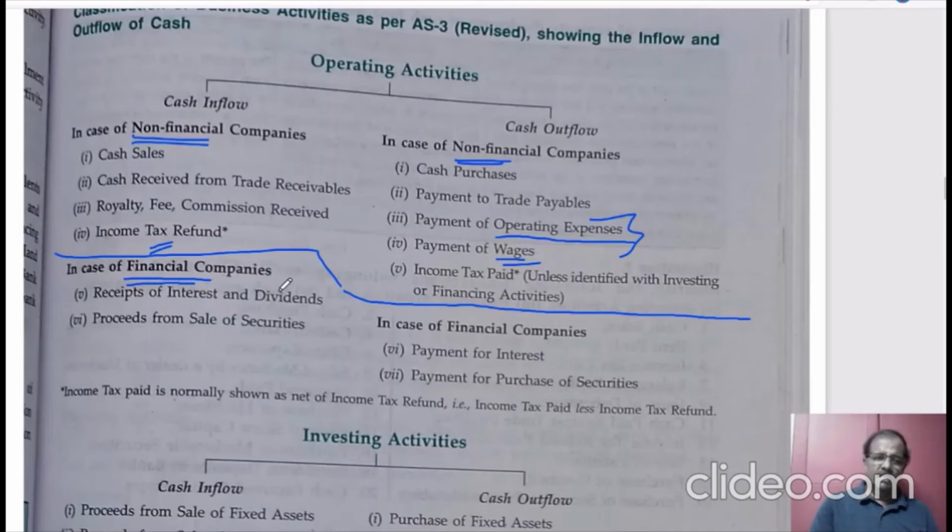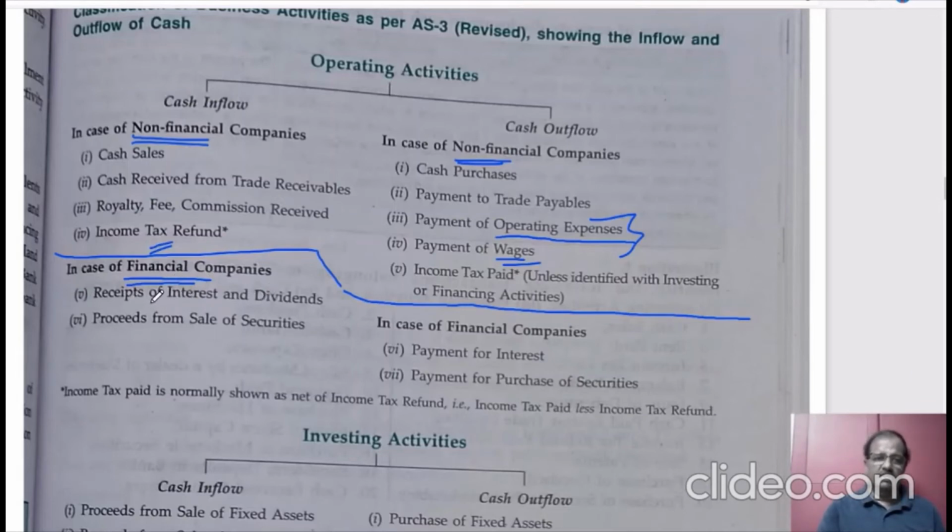So any investments received are the main inflow of these financial companies. So that will differ very much. We need to be very clear at the beginning of finding out the sum itself,